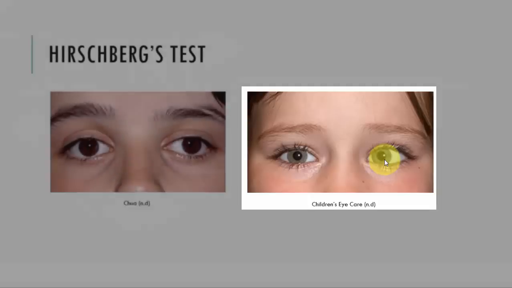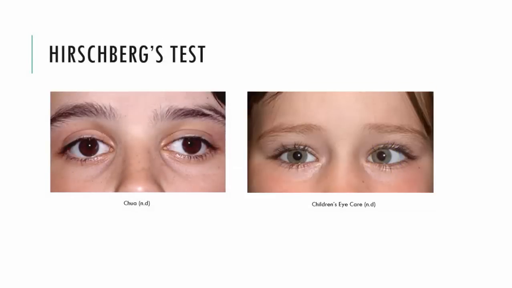The issue that you'll notice here is that we have different sized pupils. This patient here has a smaller pupil as compared to this patient here who has a larger pupil. And because of this, the method of assessment can only be considered an approximate, as you do have the variability of the pupil. And there are tests where we can be more accurate with the size of the deviation, which